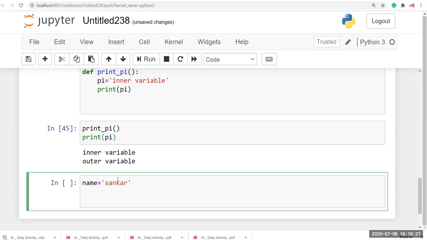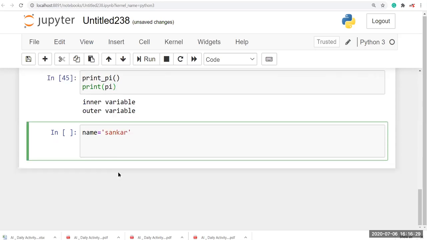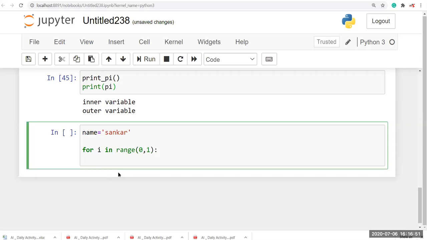After that, I'm going to create a for loop for i in range 0, 1. So I'm just looping only one value. That's why I'm giving 0, 1.